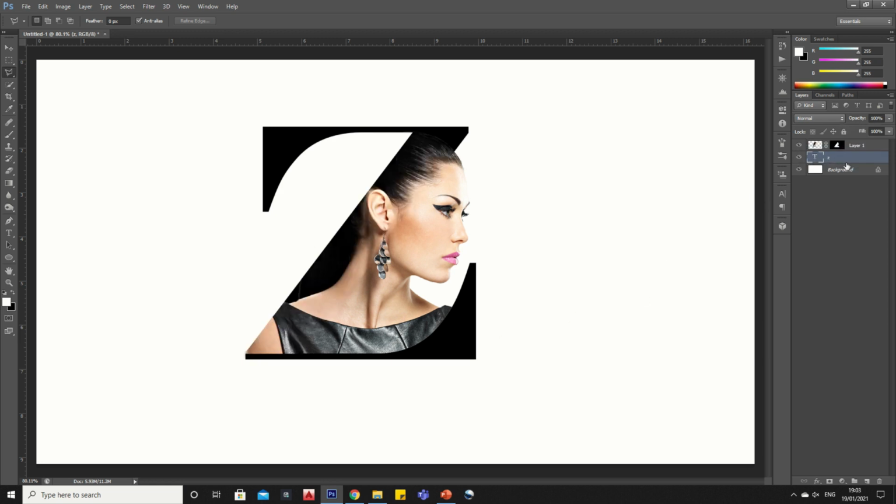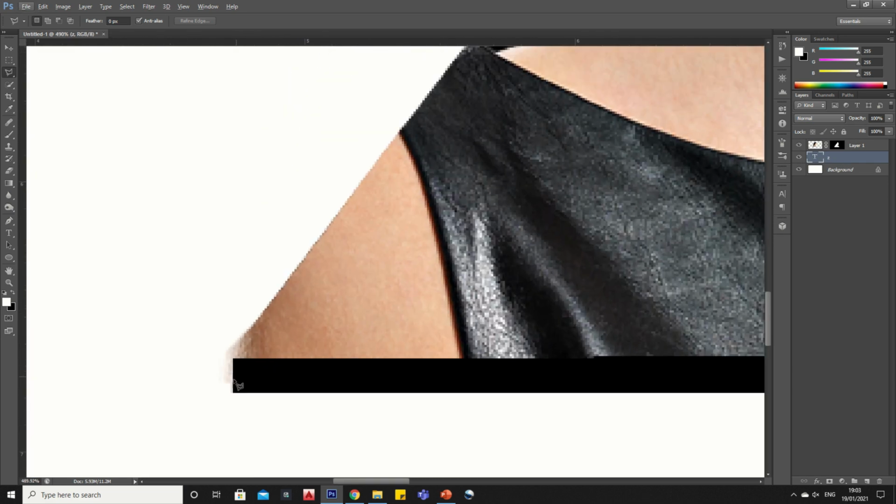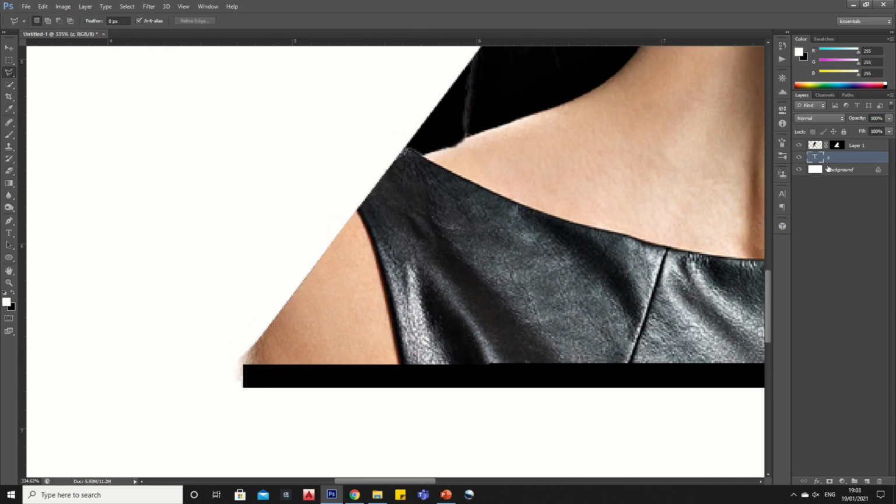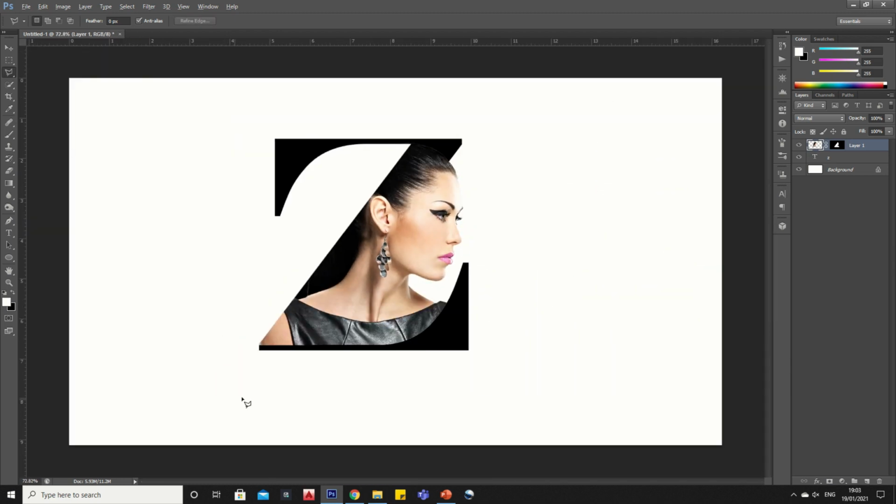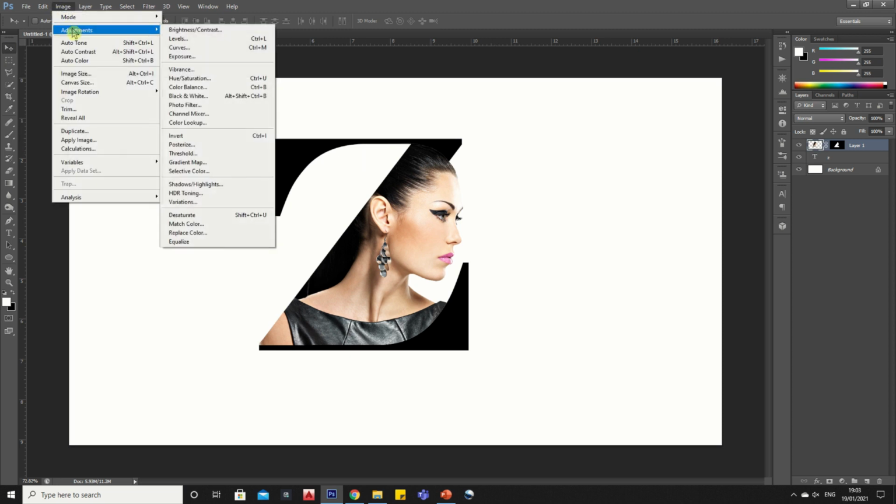Bring the image layer on top. Let's add some contrast in the image.